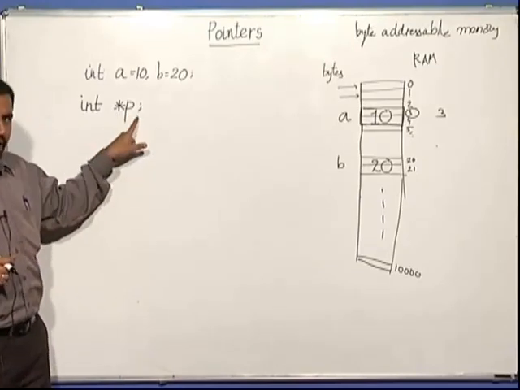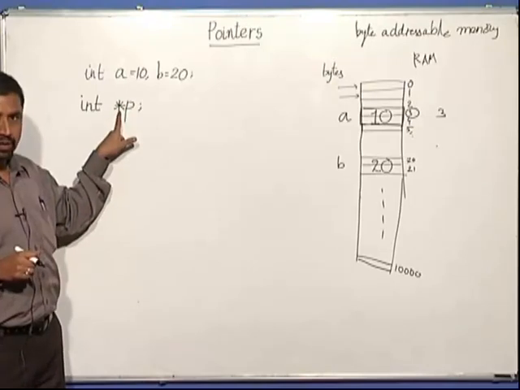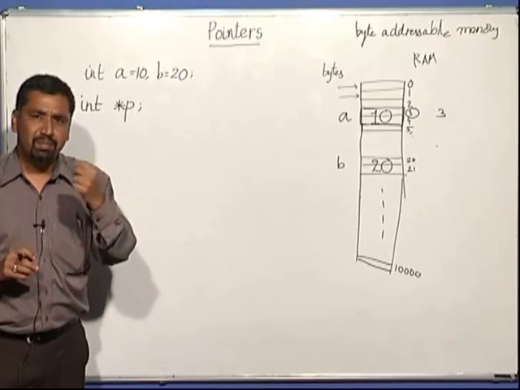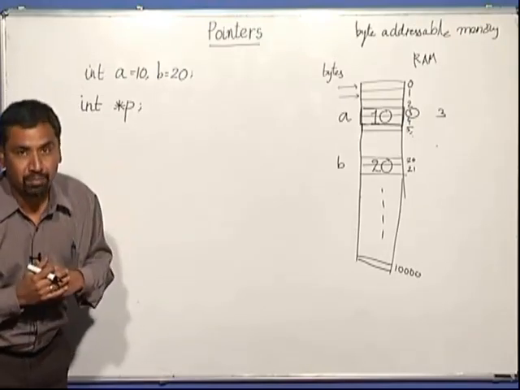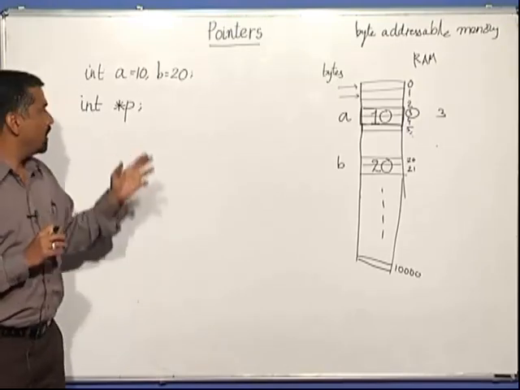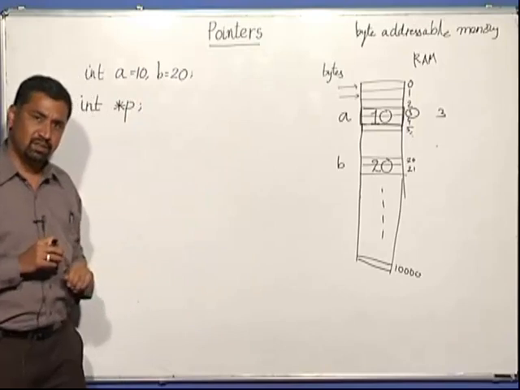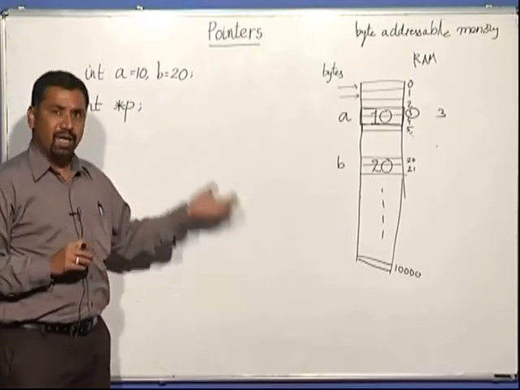But right now here it is used to declare P as a pointer to int. Simply put, now the variable P can store the address of an integer variable. Meaning I already have A and B as integer variables. They have some addresses. So, their address of A or address of B can be stored in P,